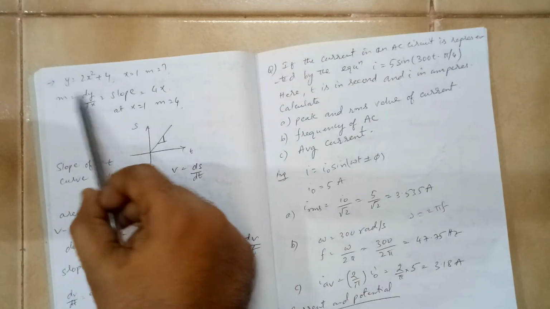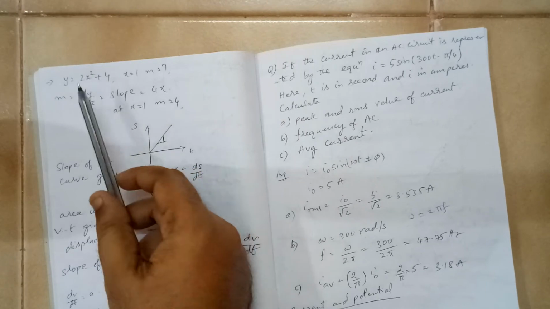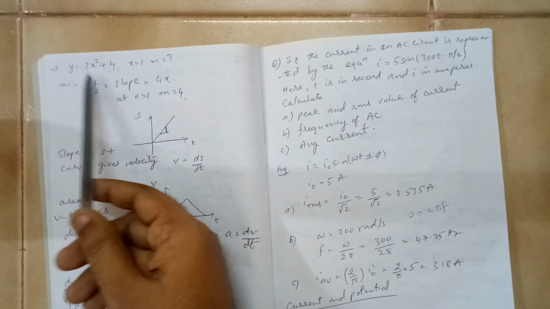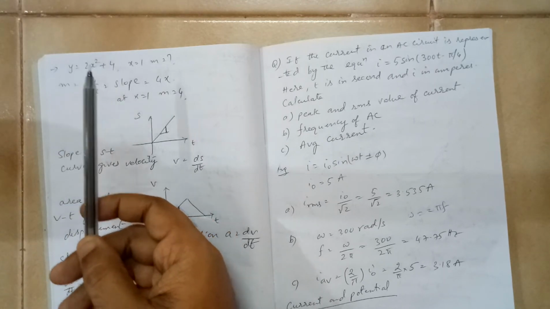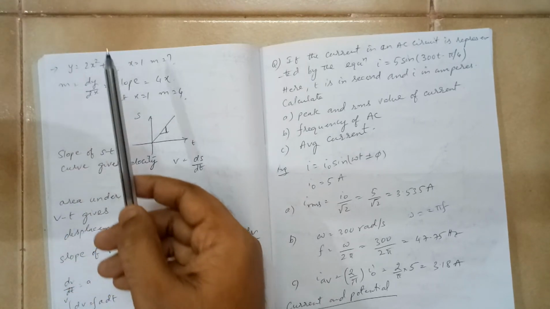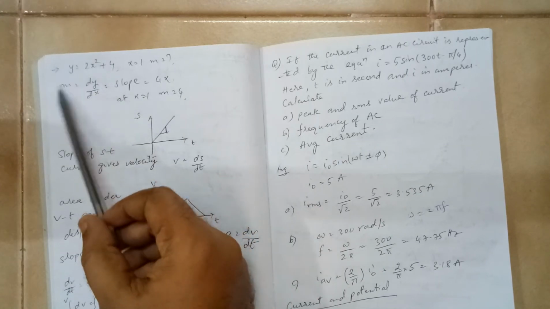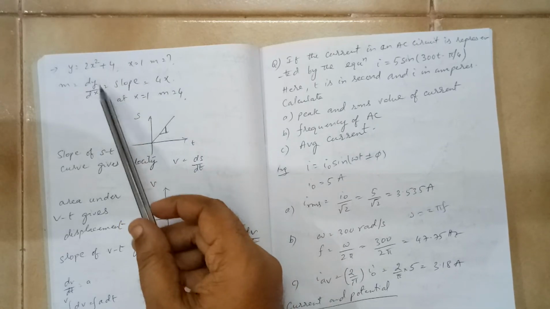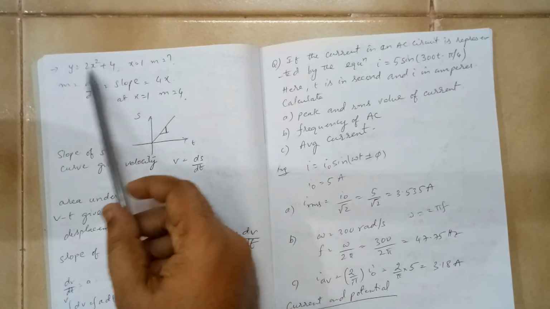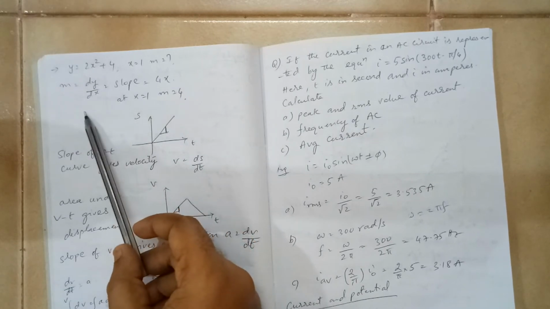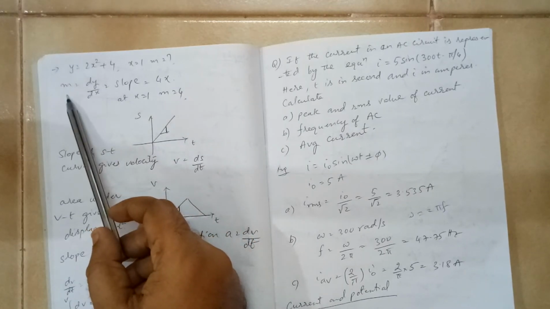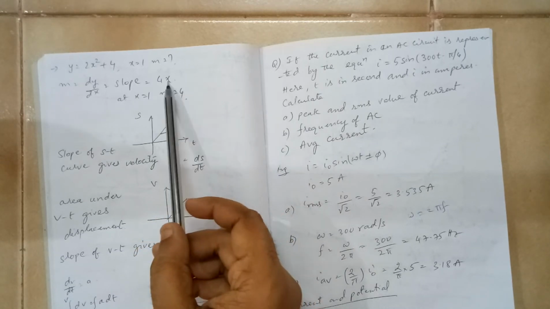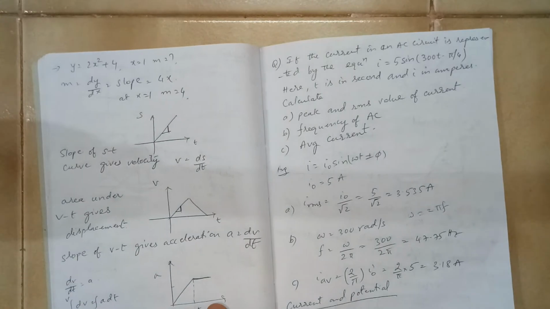Now sometimes you come across this type. I am trying to tell in terms of maths, but you can have a physical parameter such as v versus t, or some other physical parameters. So you have to use the concept of maths to solve this. Suppose the equation is y is equal to 2x square plus 4. If you want to find what is the slope at x is equal to 1, you have to first differentiate this. If you differentiate this, you get the value of m. How much is it? It is 4x. So at x is equal to 1, what is the slope?